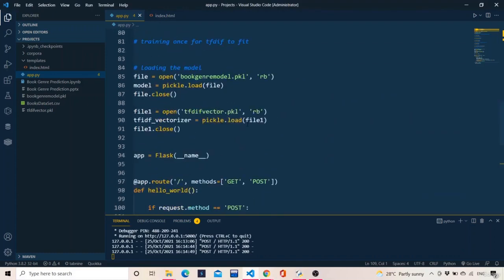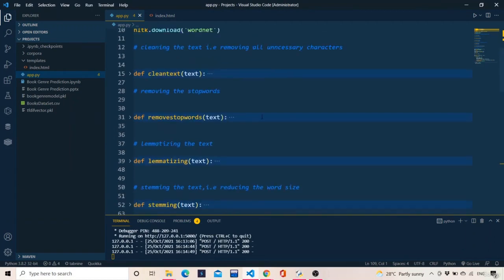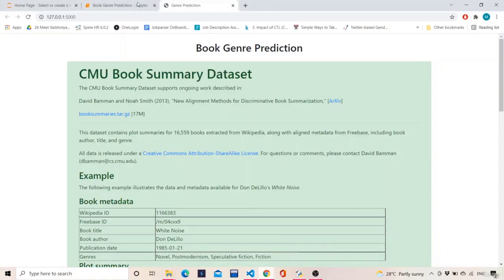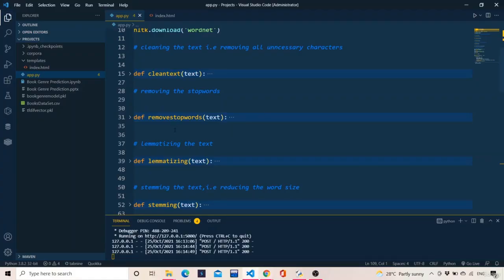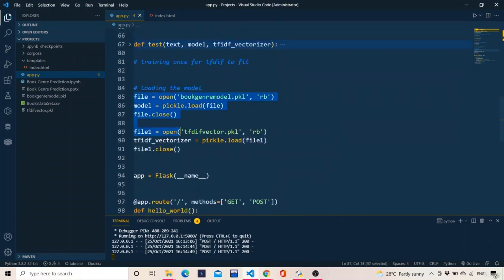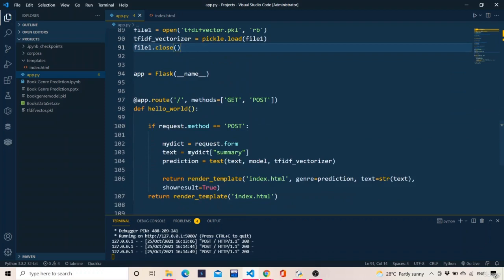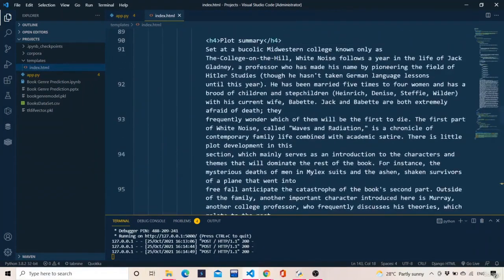So that was all about the Flask app. It was very simple. Basically we just needed to copy and paste the functions we defined in the Jupyter notebook, because they are straightforward. Then we do some unpickling of our models and files, get the data from the form, do some pre-processing, fit a model onto it, and then render the result on the same index.html page. That was all to this.